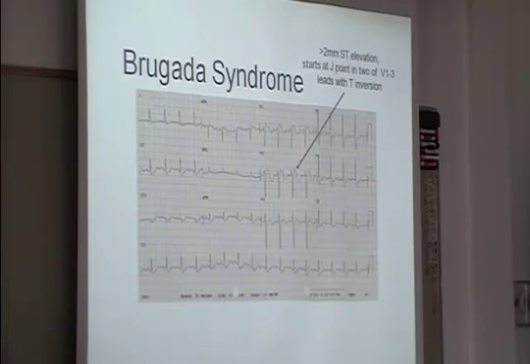I won't dwell on this too long, but there is a fairly rare syndrome called Brugada syndrome you may run into. It's got this peculiar pattern in the right precordial leads where you see this RS, R prime, and then this ski slope configuration to the T waves. It comes down to these inverted T waves. So it's a very specific kind of EKG, and before you can diagnose this Brugada syndrome, you have to have